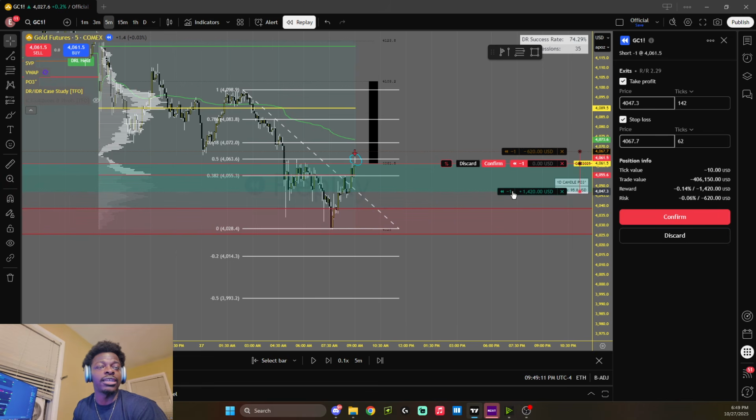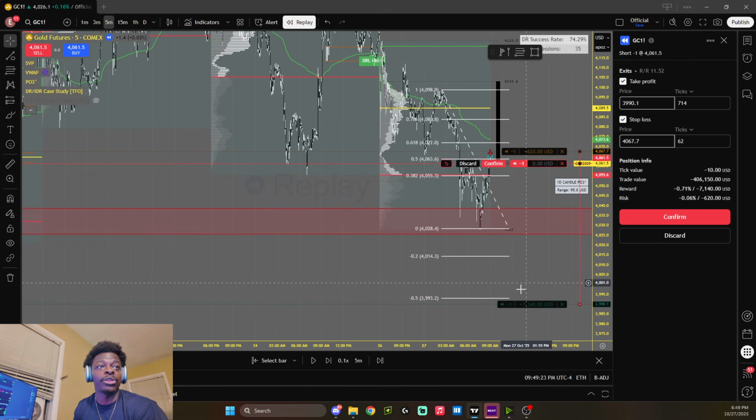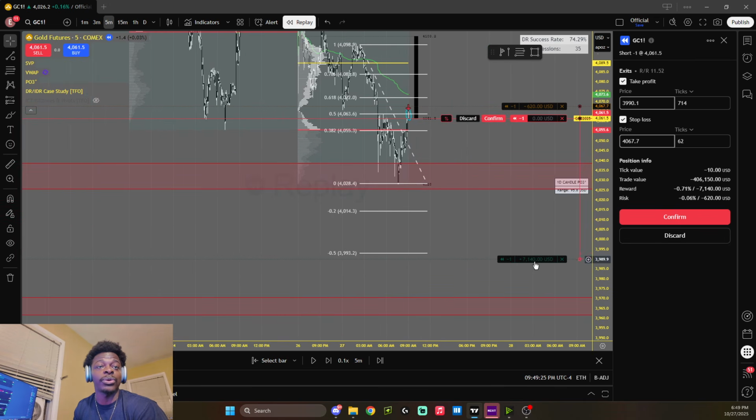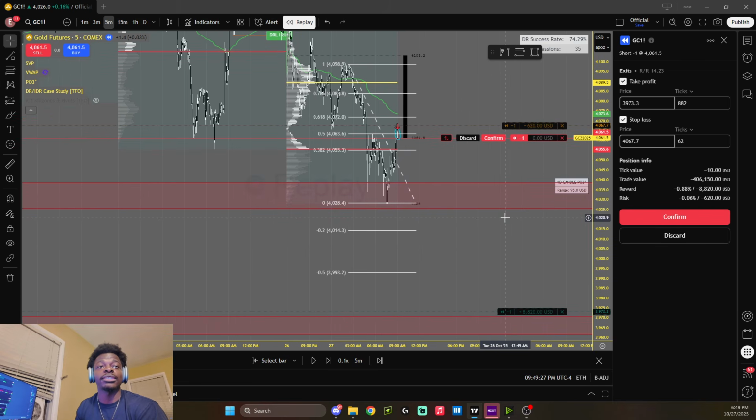So I took it at this low and that's all I needed. But you could have easily, I told my Discord to go for around 45s. But as you can see today, you could have netted so many more points. So another way to use low volume nodes as well, if you're using low volume nodes in trades, you can